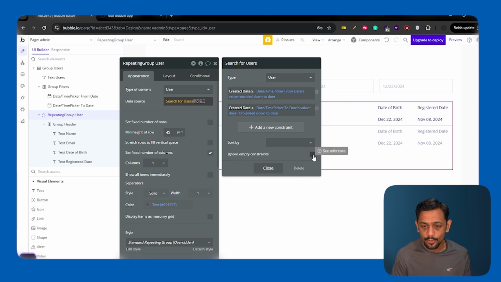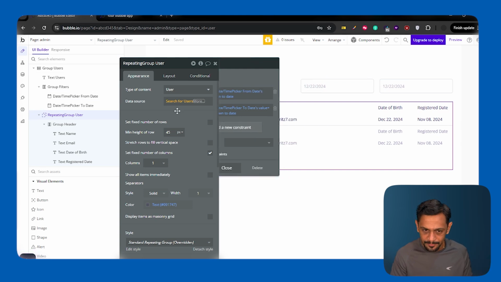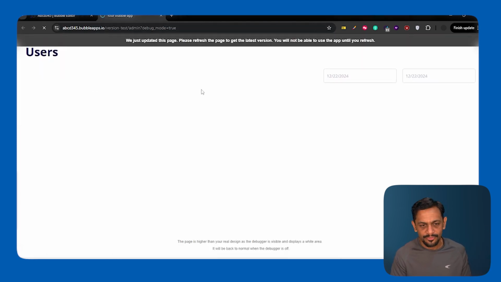When we do not check this, if the constraints are empty, then you will not get a response in the repeating group. If we check this, what it means is if the constraint that we are using here is empty, in our case we are using 2 date fields, then give us the entire list, and if the constraint has some values, then use those constraints. So when we now go to the front end, you can see all the users that have registered